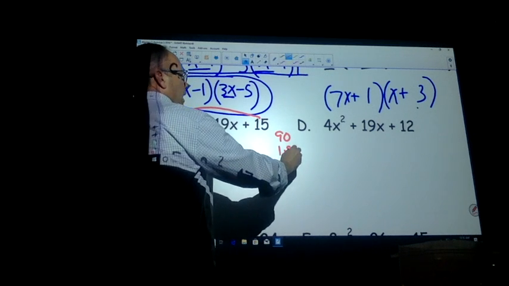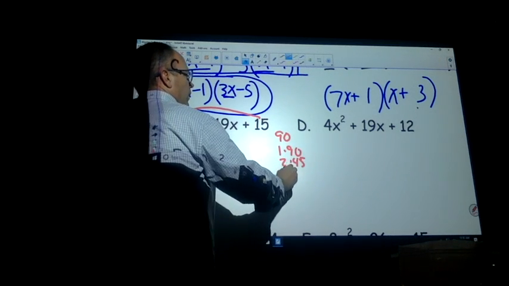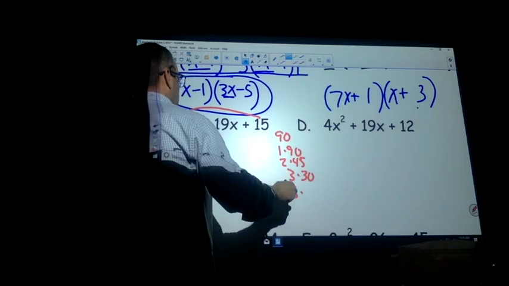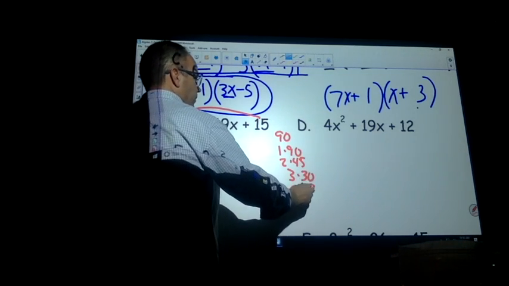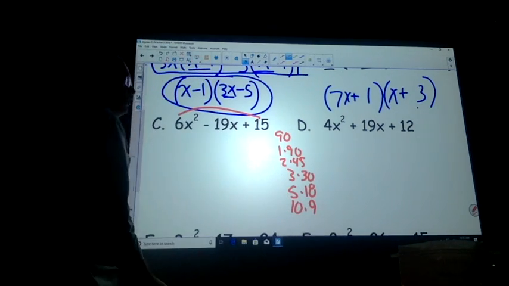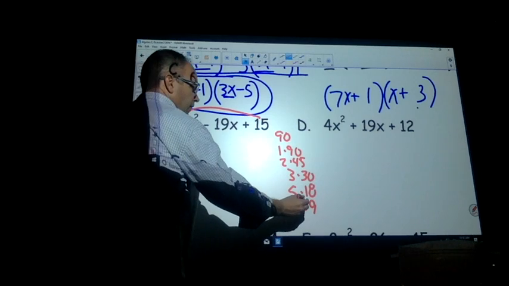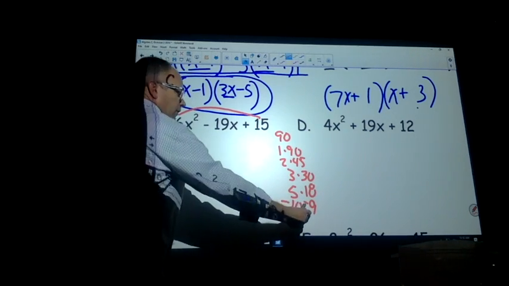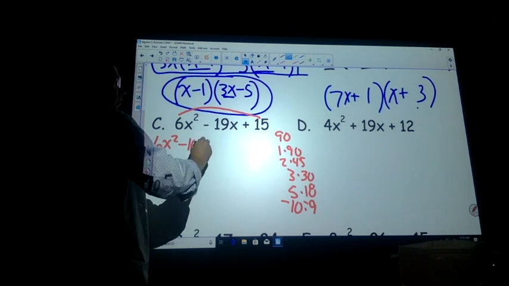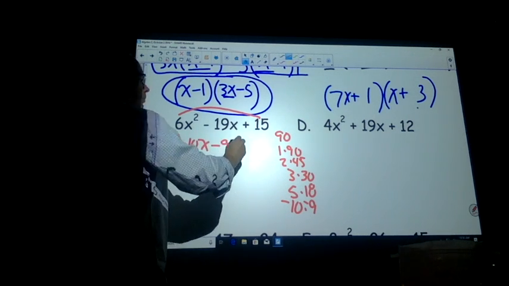Factors of 90 are 1 and 90, 2 and 45, 3 and 30, 5 and 18, 10 and 9, thank you. 10 and 9 are the two that work. They're both going to have to be negative. How do I know they're negative? Because a negative times a negative is a positive. So if I do 6x squared minus 10x minus 9x plus 15,